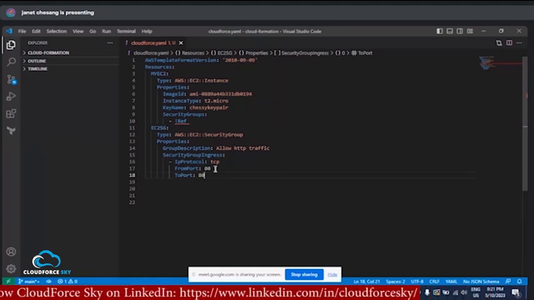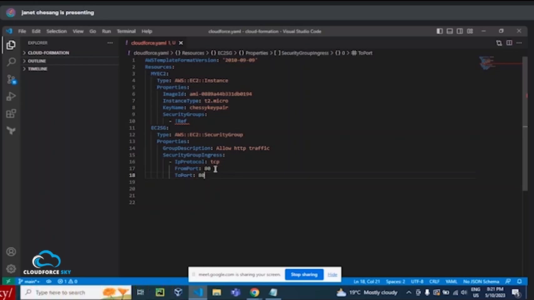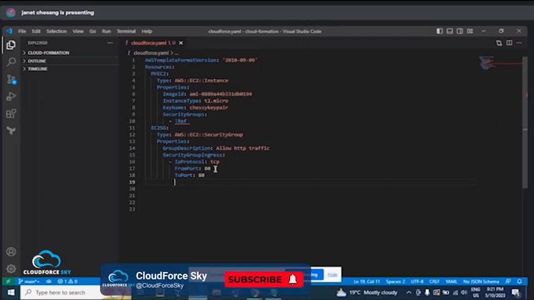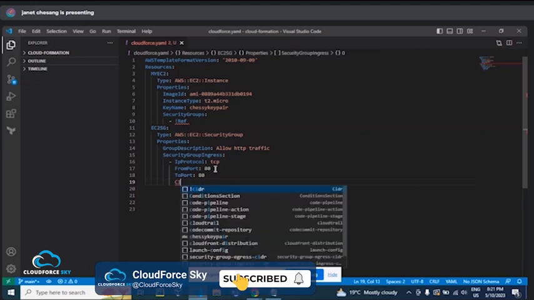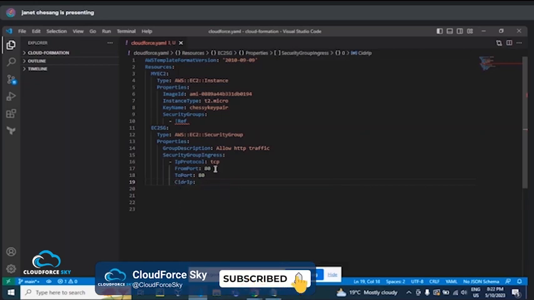Because you want it to be publicly accessible, you're going to put 0.0.0.0. Anybody can access that instance, which is not very secure if you're dealing with a very serious server. You cannot allow access to everyone on the internet. So let me just put this here. That is 0.0.0.0/0